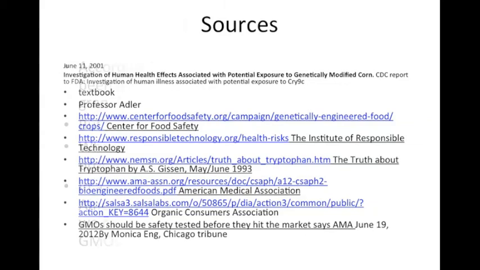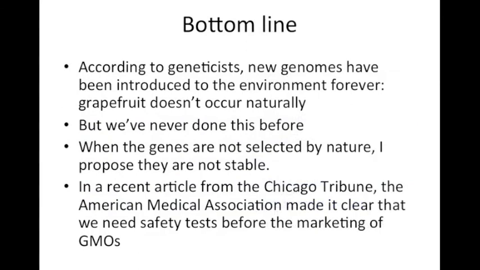And to go back to the bottom line of this presentation, when the genes are not selected by nature, I propose they are not stable. There have been things introduced by man to the environment before, like the grapefruit, and geneticists acknowledge this, but we've never been manipulating a genome before, and there's cause to worry about the possible consequences of having a gene that looks for its place